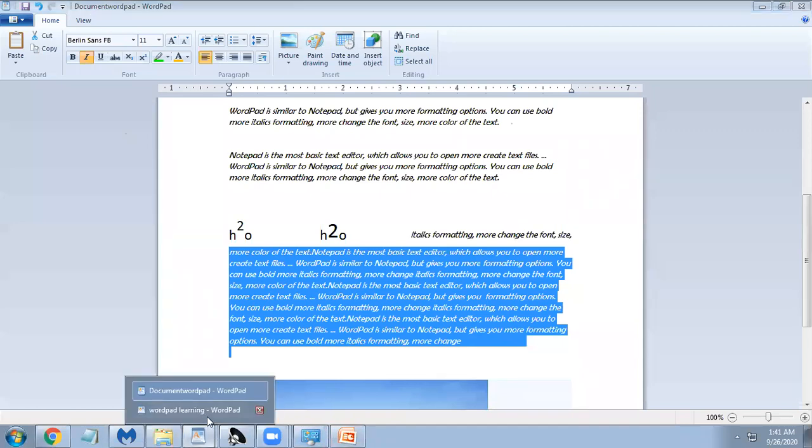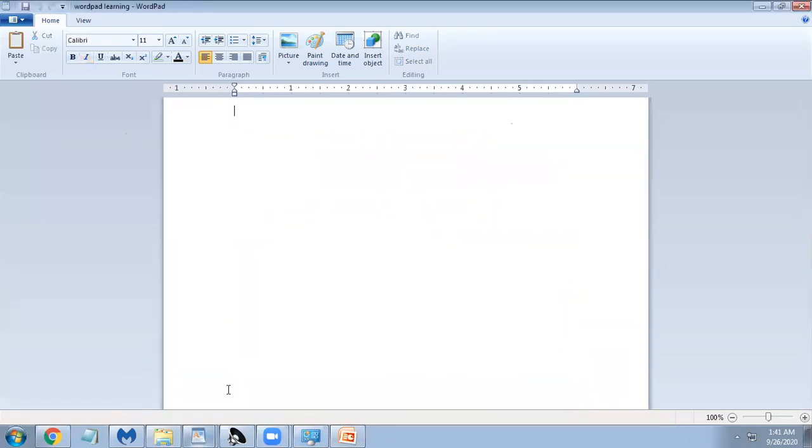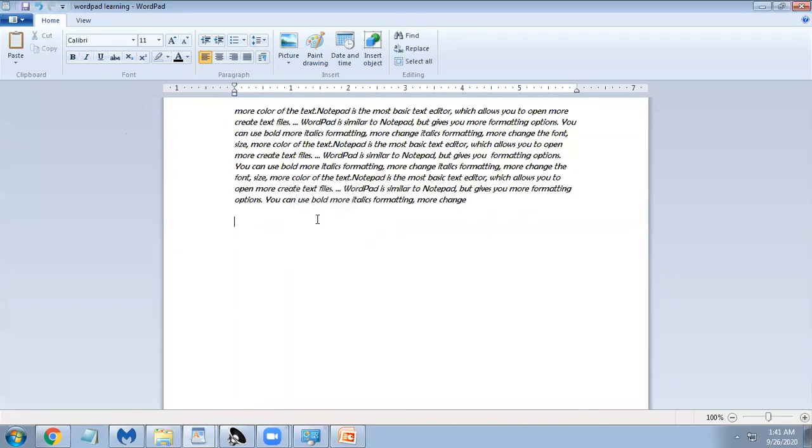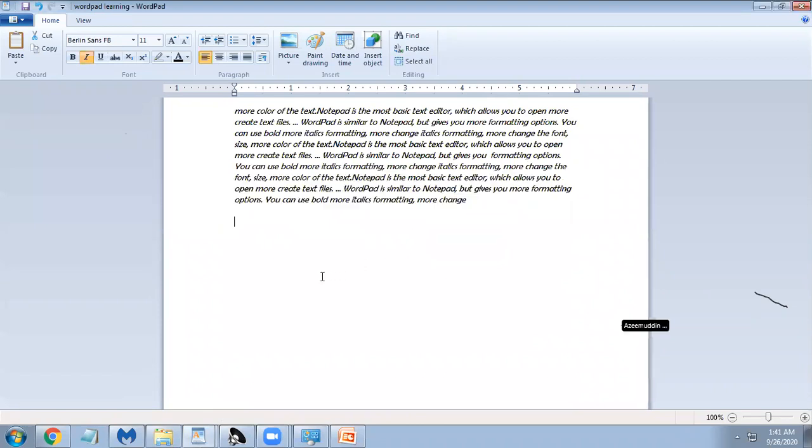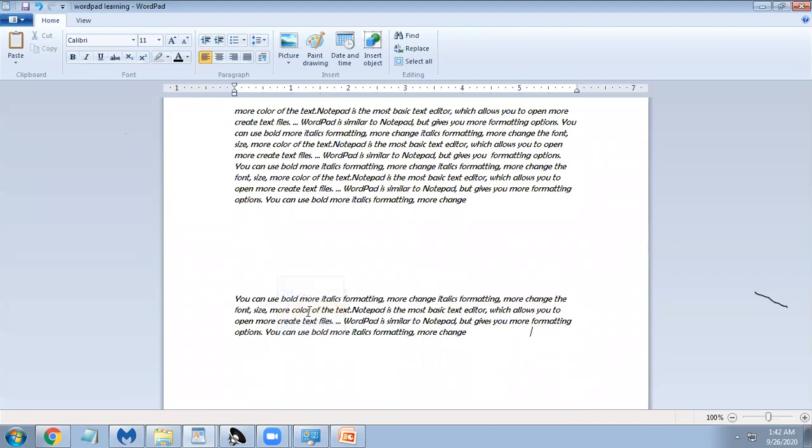I'm taking this format here just to write something. I will paste here. So same how to do copy. Again, you do copy and just paste it. Right click and paste. This is how you do copy and paste. Okay.